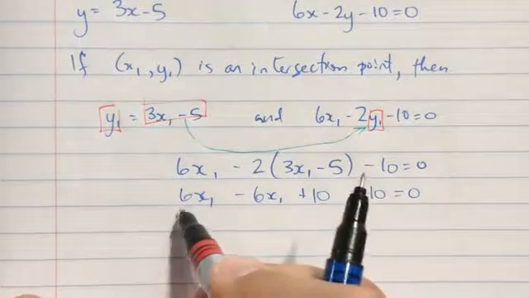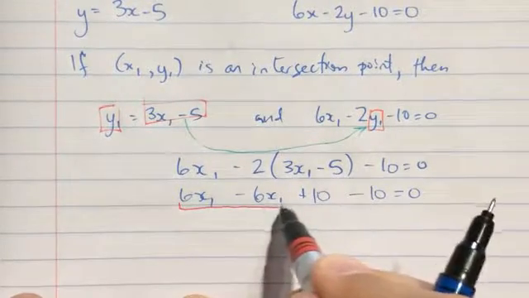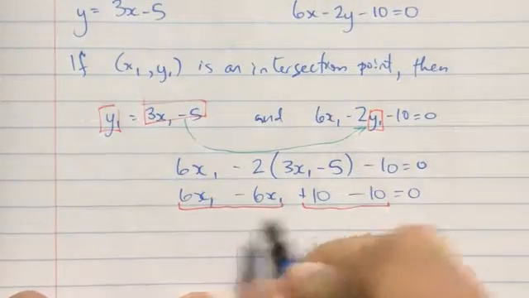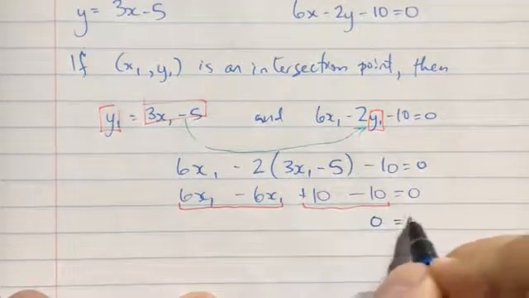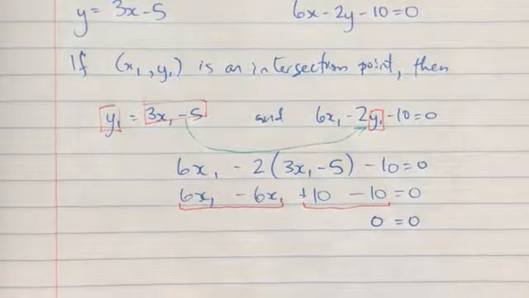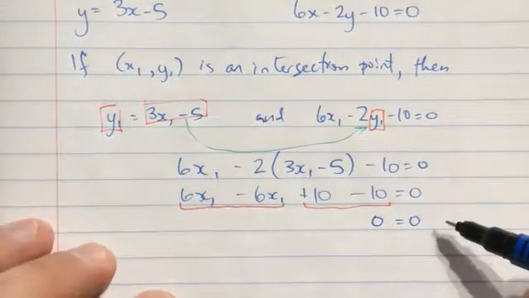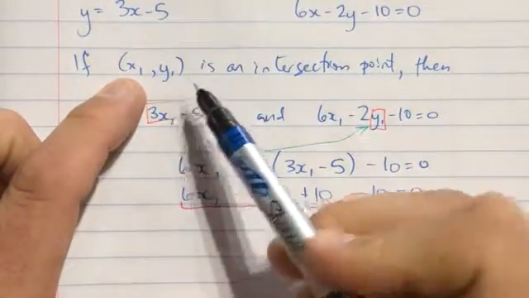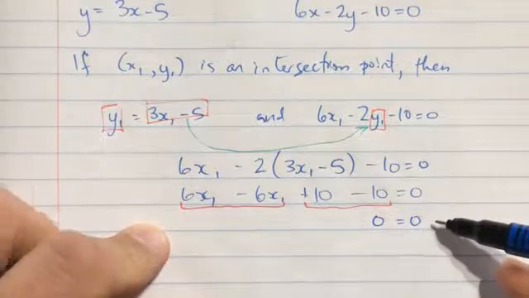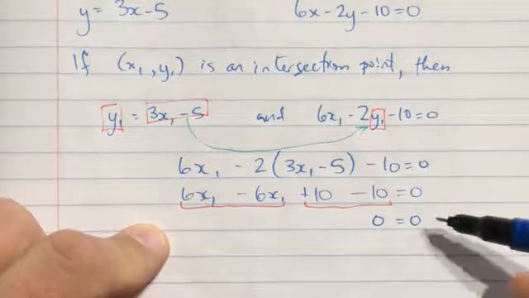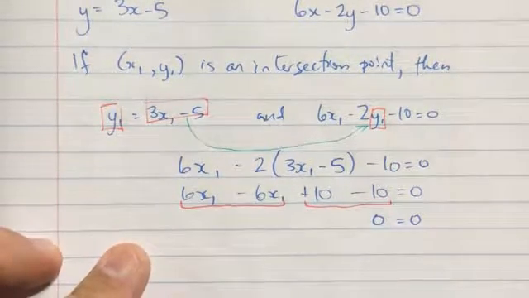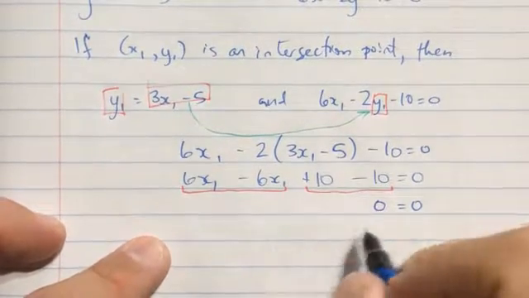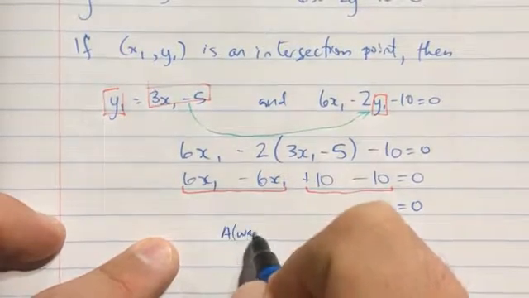I think you can see what's going on now. We have 6x1 minus 6x1 plus 10 minus 10. That's 0, that's 0. That means here we have an equation that says 0 equals 0. Well, that's good because that's actually a true thing. Well, let's see what our logic says here. If (x1, y1) is an intersection point, then 0 equals 0. This is going to be true regardless of what x1 and y1 are. So another way to say that, this is always true